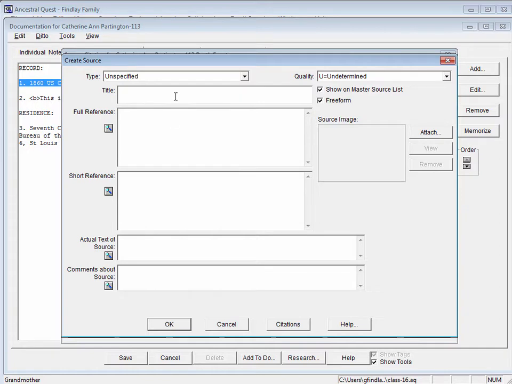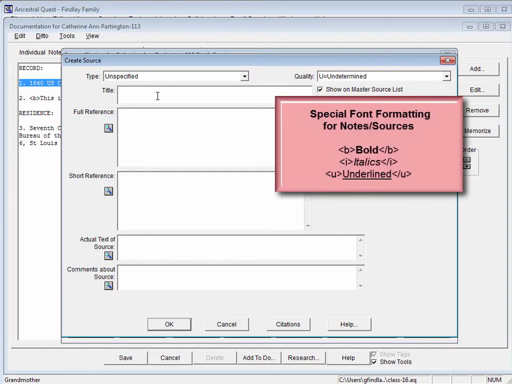The title of a freeform source is never going to be printed actually on the report. Instead, this is how you will find this source in your list of sources. So make sure you enter a title that is unique to this source. One more thing, to help you format the source exactly as you want it to appear, Ancestral Quest allows you